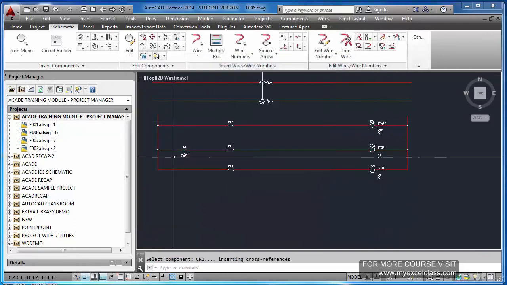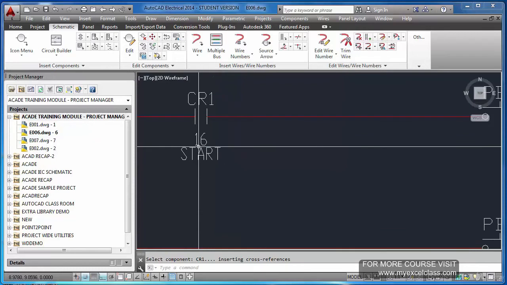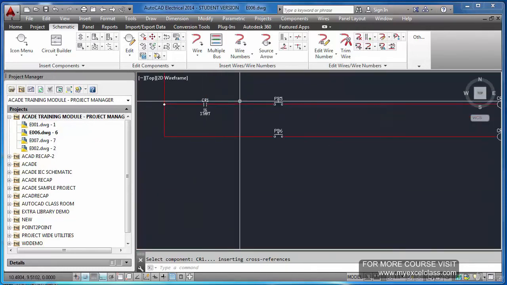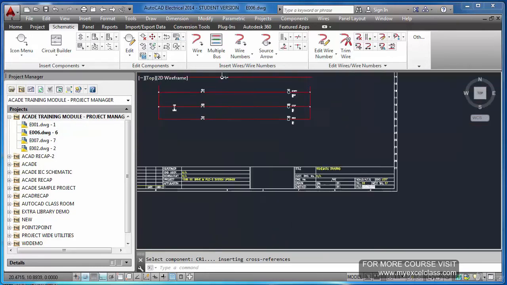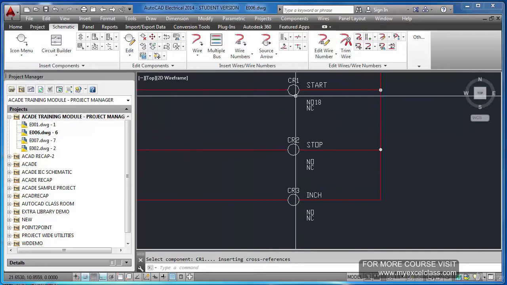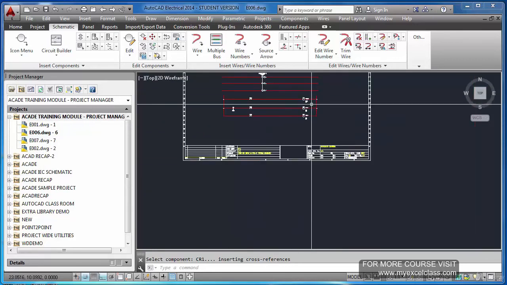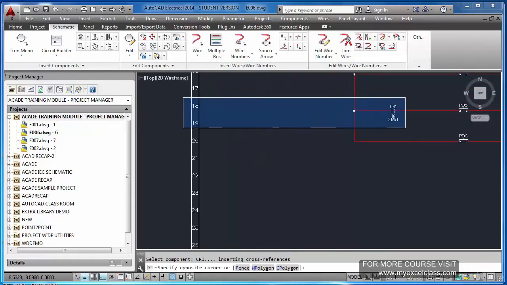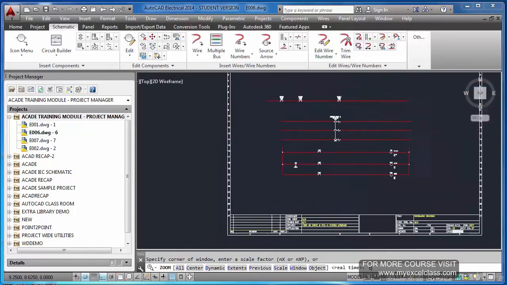Now you see the cross referencing 16, because it is showing its parent, that is the coil is used in line number 16. 16 is here. If you see, the coil falls in line number 16. Here you see the NO is used in 18, that is here, line number 18, this one. Now it's coming just like 16, 18 symbol numbers.